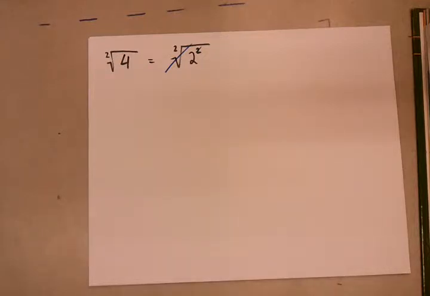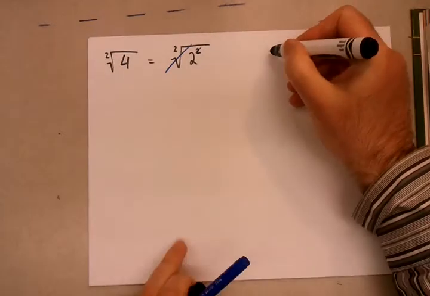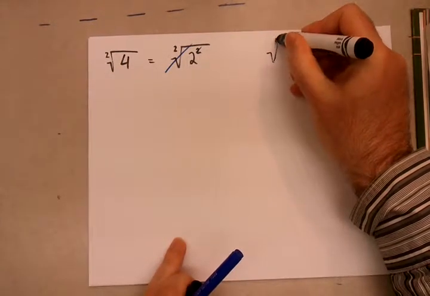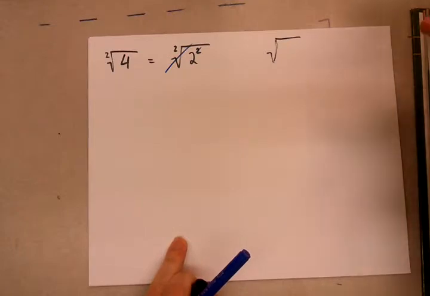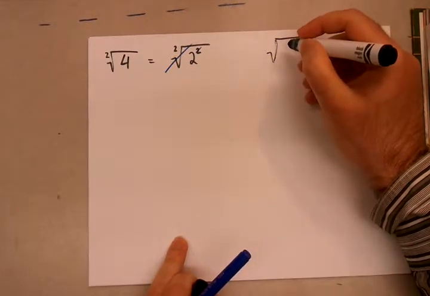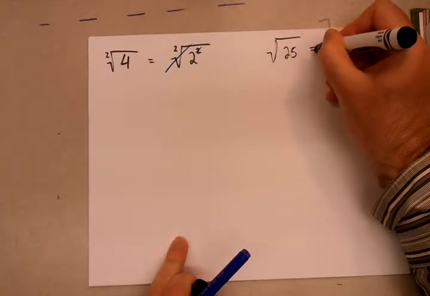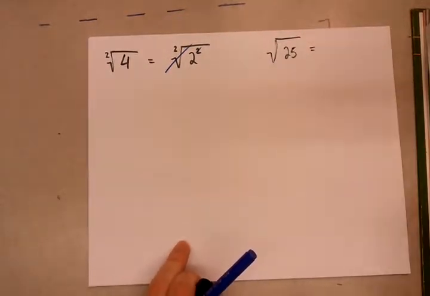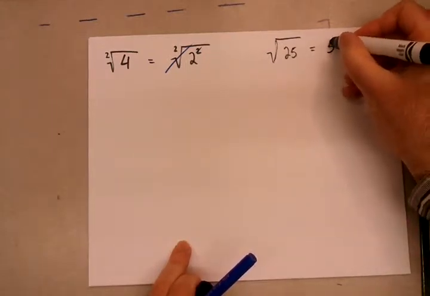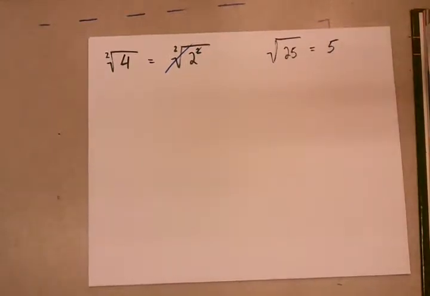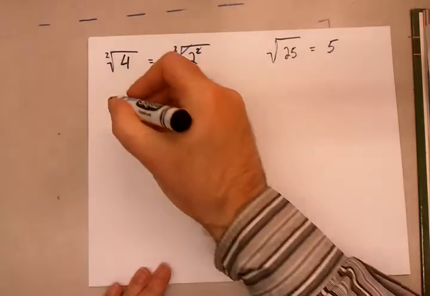So, another example, if you had the square root, and I'm not going to write the 2 now, for example, let's take another perfect square, 25. 25 is 5 squared, 5 to the second power, so you can cancel out your power of 2 in the square root and you get a 5 out of it. So cube roots are very, very similar. So if that was a square root,